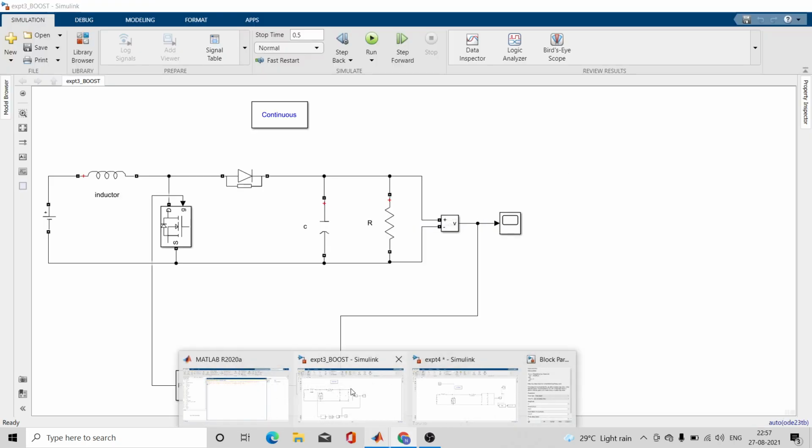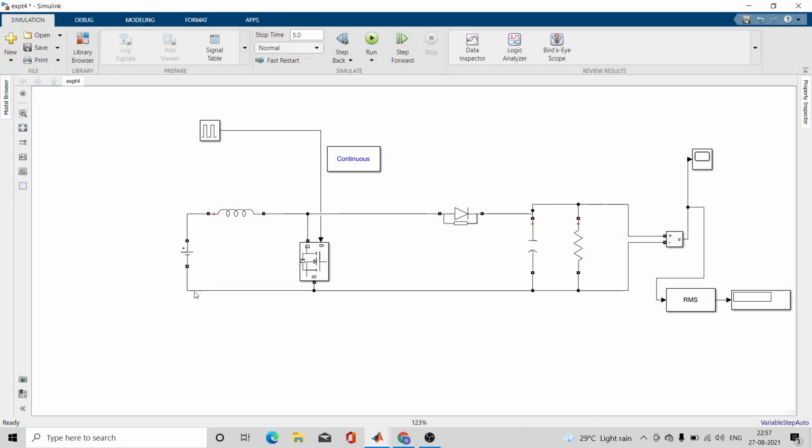So this is the input DC voltage, and the inductor. In case of switch we are using a MOSFET, and this is a pulse generator. We are going to give the gate signal to it. Then this is a diode, and this is a capacitor.